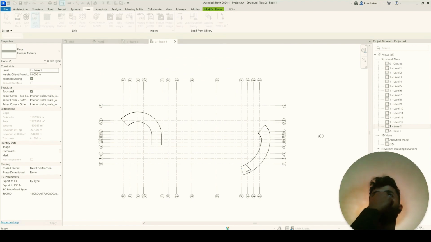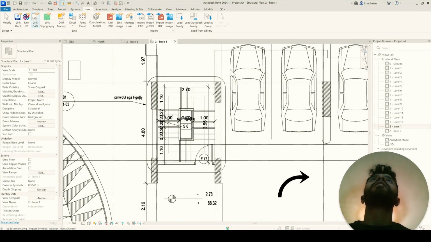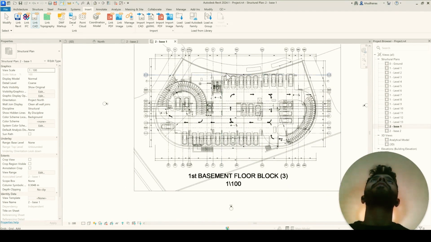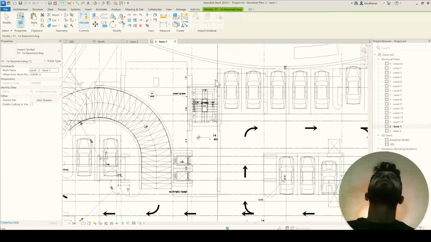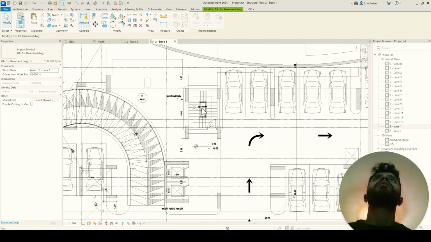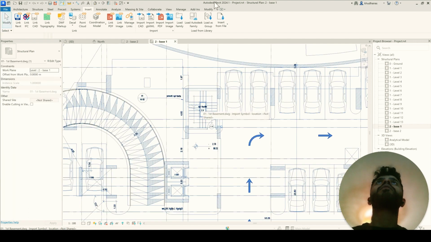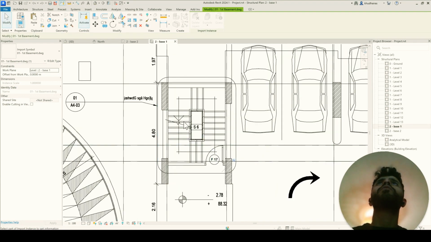Okay, so if I do this, I select the CAD, do some query to filter this, and I don't need this, so delete. I don't need this either, delete. Yeah, I think it should be clear now.